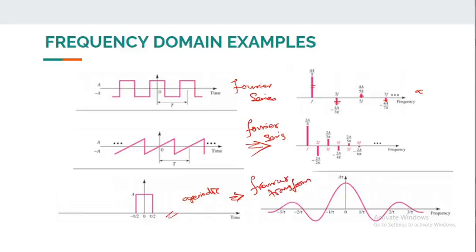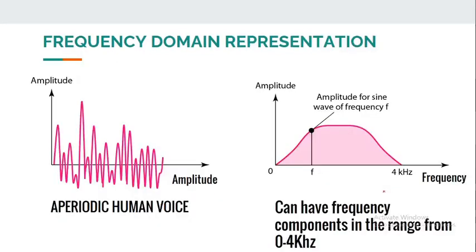If we take the Fourier transform of this, we will get a representation, or a waveform like this. This implies that it can have a wide range of frequencies from here to infinity, each with an amplitude like this. Now, what is the significance of this frequency domain representation, or what are its applications? We will see one by one.